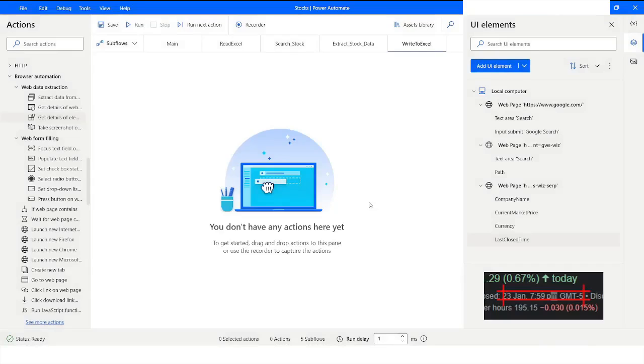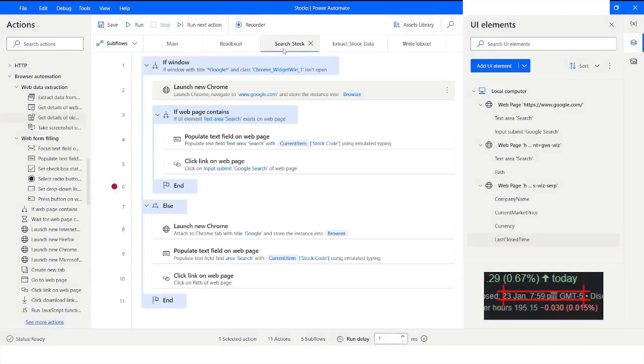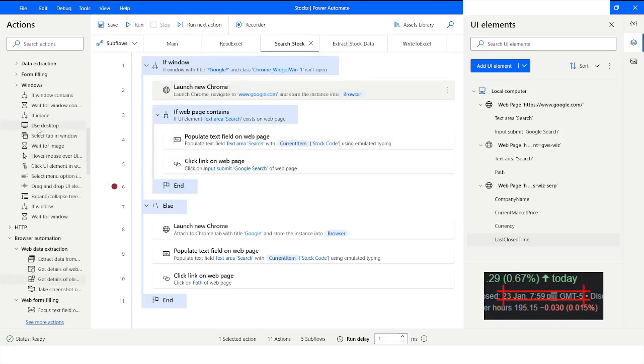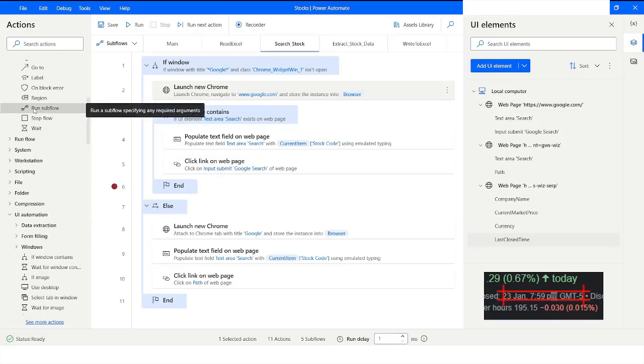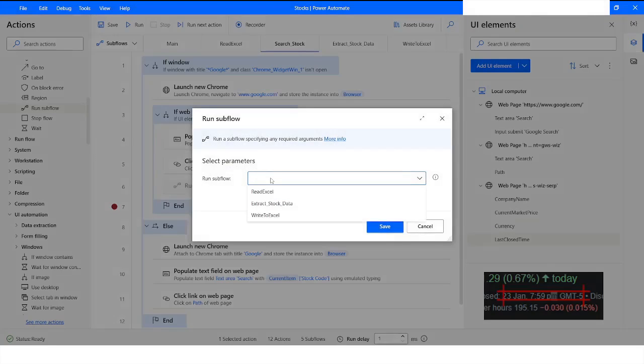Click on save and I will go to search stock and we will go to flow control. I will take run subflow and then I will choose extract stock data,